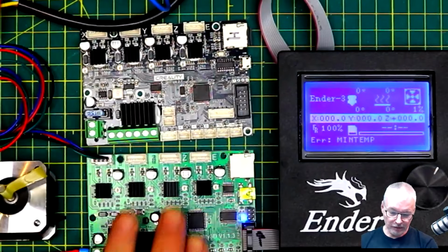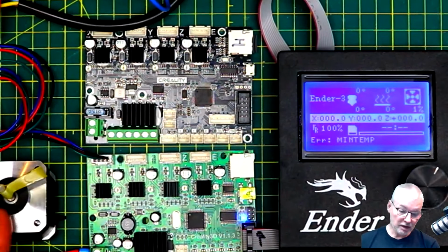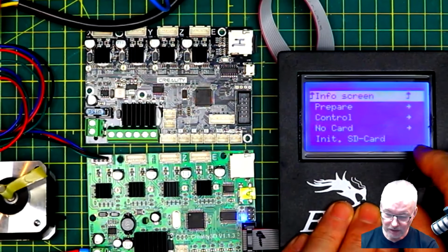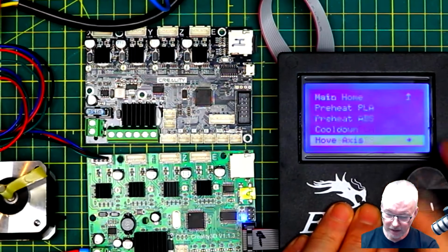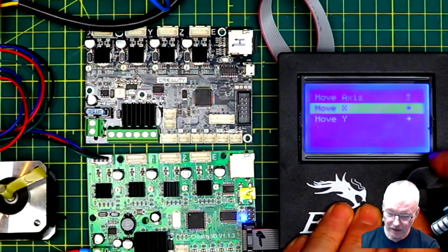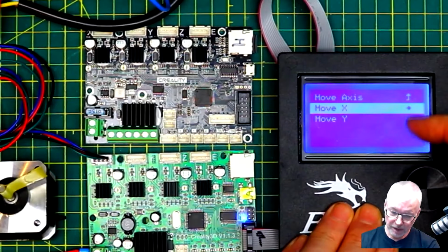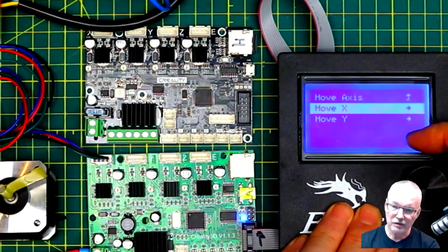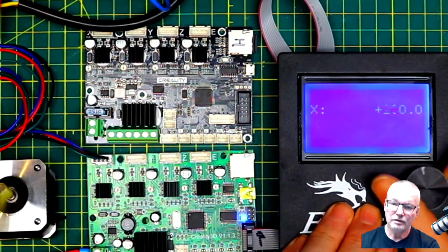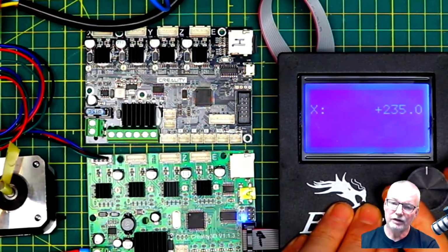I'd already pulled this out before I checked which direction things went in, although I know that things were working correctly beforehand. So if you go to prepare and you want to move the axis, let's just go 10 millimeters on X. You notice here that in order to conserve memory, you can't even have a Z axis move on here. So we move X. You can see I can move it that way. But if I try and go backwards,